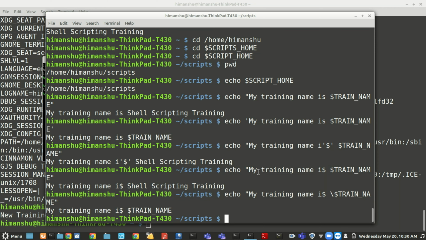So you can use the escape character wherever you are using certain specified keywords, which would be taken as keywords in shell script also, but you want to print that keyword, so you should use escape characters in case you want to print any specified keywords. So this is how you are using variables.